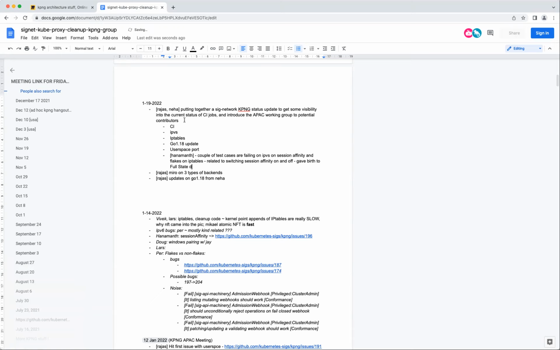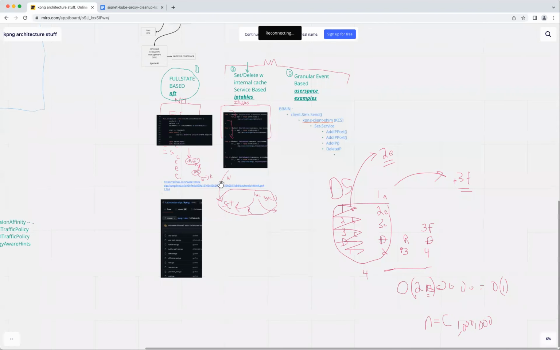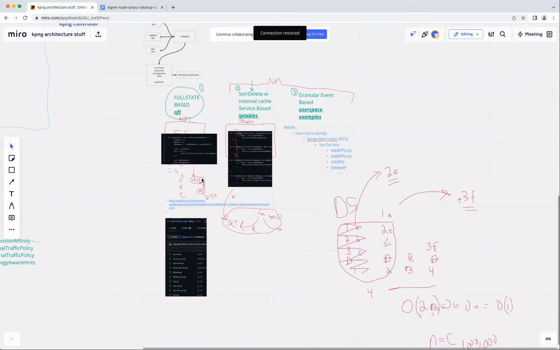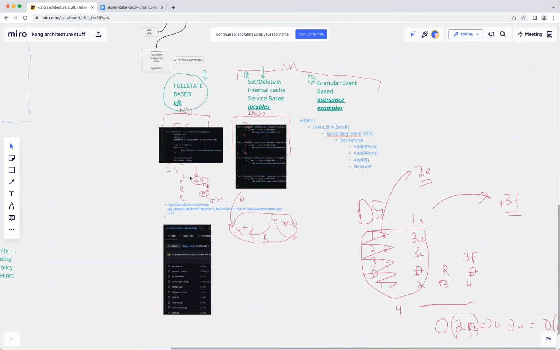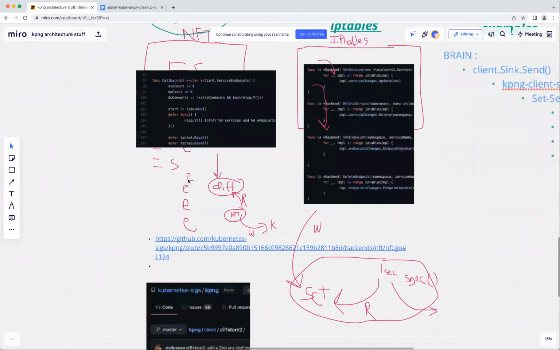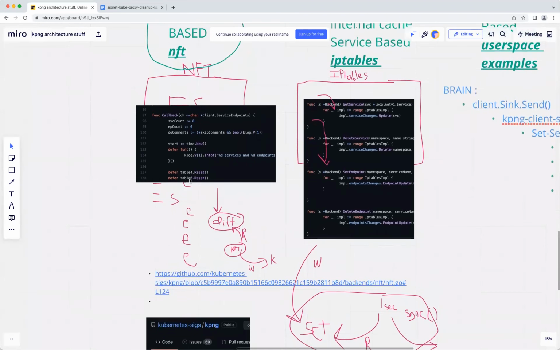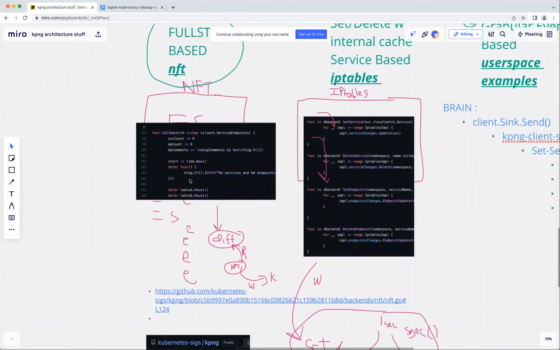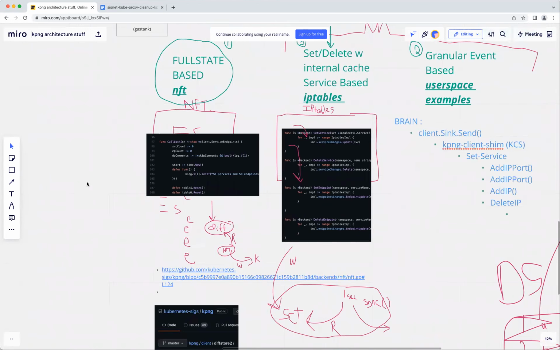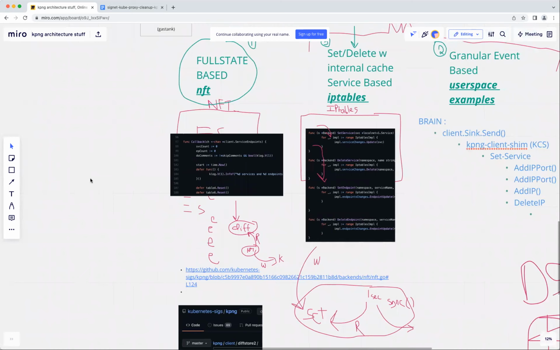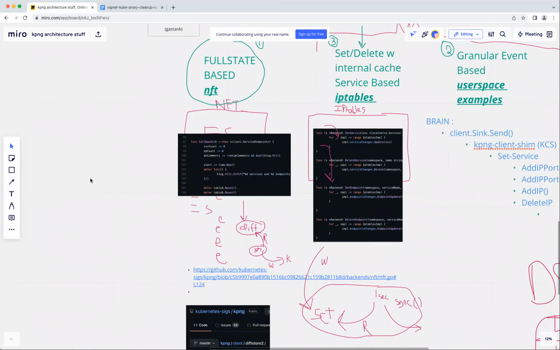That will give you the atomic updates. Say you add services A, B, C in a sequence. Full state gives you A, then A, B, then A, B, C, like cumulative data. That's called full state. Whereas filter reset will give you A, B, C individually. If you create A, it will give you A.